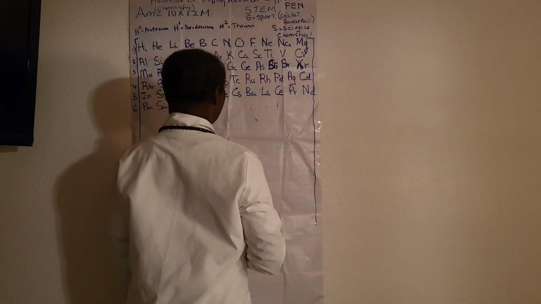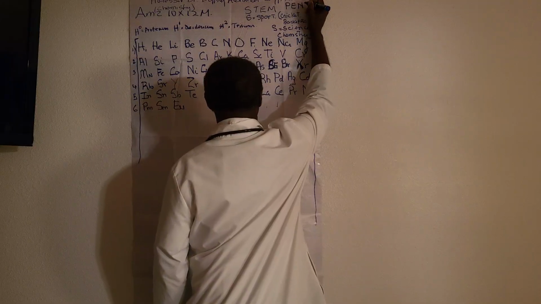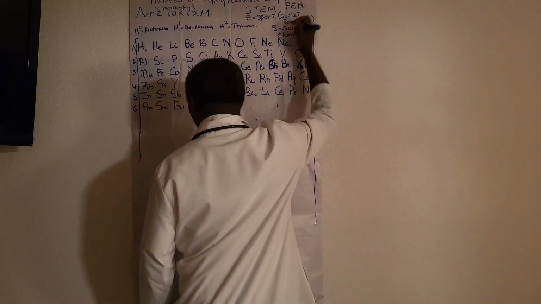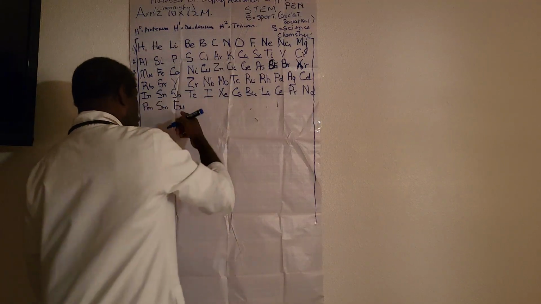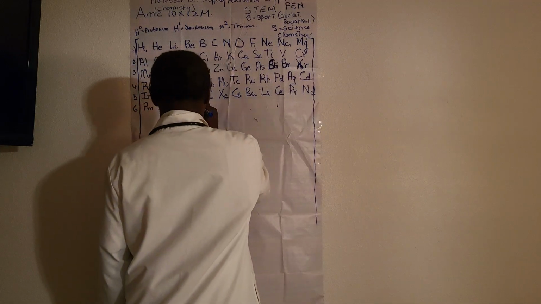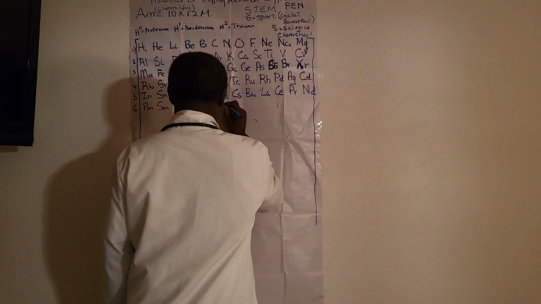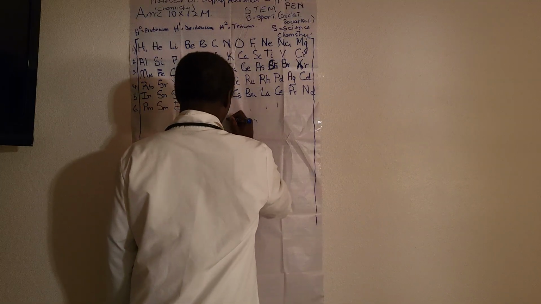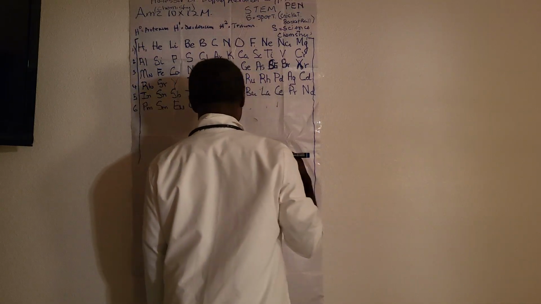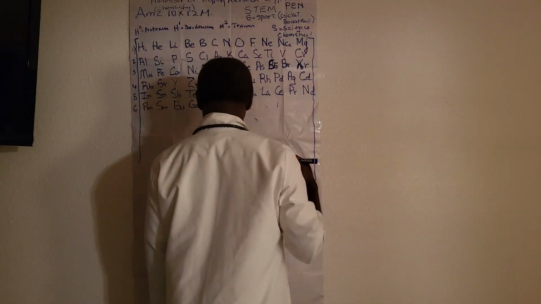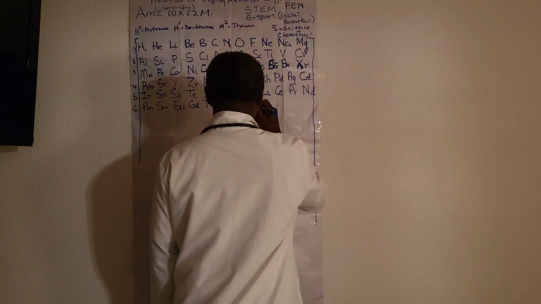So we have the PEN and we have the PE. Proton equal electron, and the proton equal the neutron. So 63, and then 64 would be gadolinium, GD, 65 terbium, TB, 66 dysprosium, DY, 67 holmium, HO, 68. And this number here, when I say 68, is the number of protons, and the number of protons is equal to the number of electrons. So 68 is holmium, 69 would be thulium, TM,